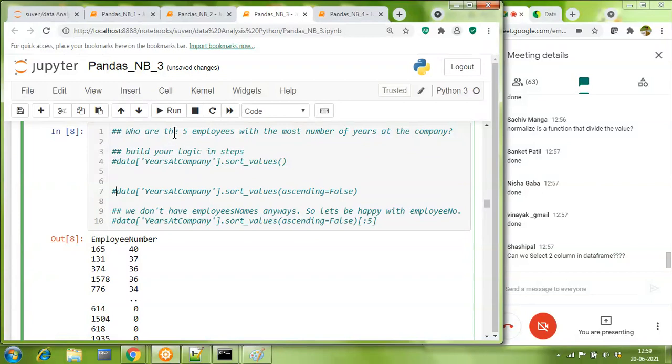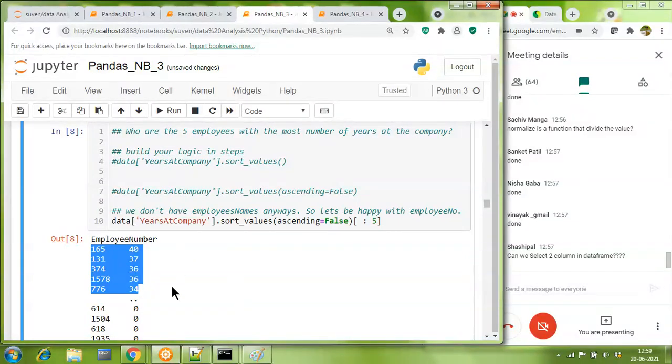Your question was who are the 5 employees with the most number of years. That means you want the 5 oldest employees in terms of experience. So in this case, you should be using your previous notebook knowledge. Good example for slicing. So I'm slicing where I'm not giving anything at the start. I've just given the end index as 5. That means I want the first 5 outputs from the descending list. I want the first 5.